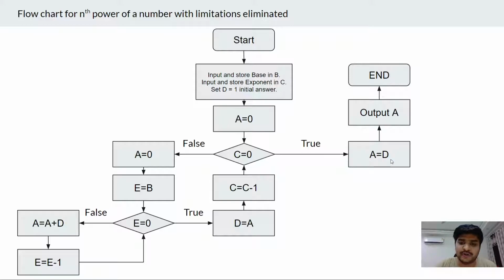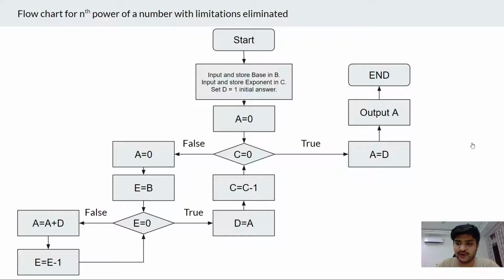Then A will be equal to D, which as you know is assigned 0. So we will output A, that is 0, which is correct because our base was 0. So 0 to the power of any exponent should give value 0. So our output will be 0, and then we will end the program. So I guess it must be completely clear.